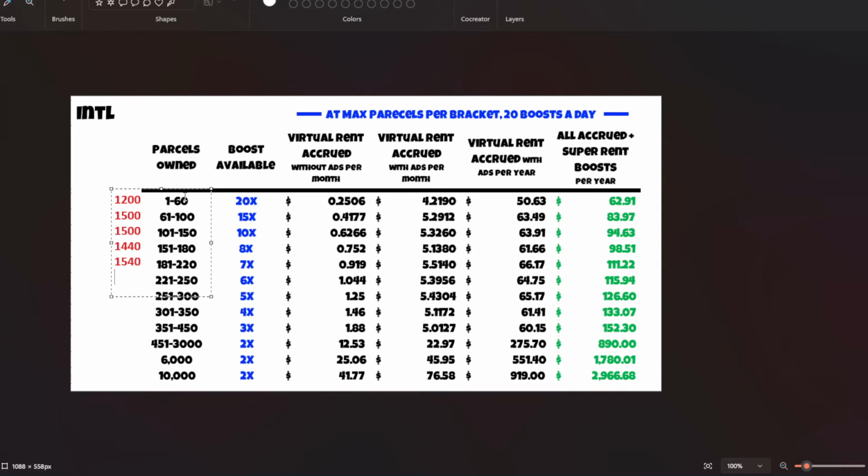And then we'll continue. 250 times 6 is 1,500. 300 times 5, 1,500. 350 times 4, 1,400. 450 times 3, 1,350. So without super rent boosts, the best strategy actually would have been, if I use this here,